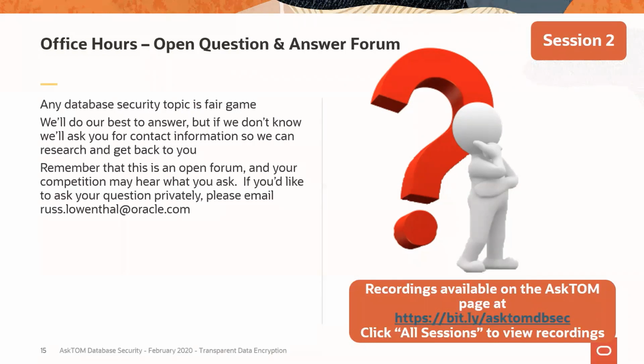Peter, we have a question from Dennis here. Are there any plans to enable old export functionality with TDE tablespaces? Dennis, can you clarify what you mean by old export functionality? Because I'm thinking the old export import. I think we only support Data Pump when it comes to encrypted data. The old export and import tools don't understand encrypted data. Very early on, at 10gR2 times, I believe, or maybe 11gR1, we decided to let only Data Pump handle encrypted data. And there are so many advantages to Data Pump export import,